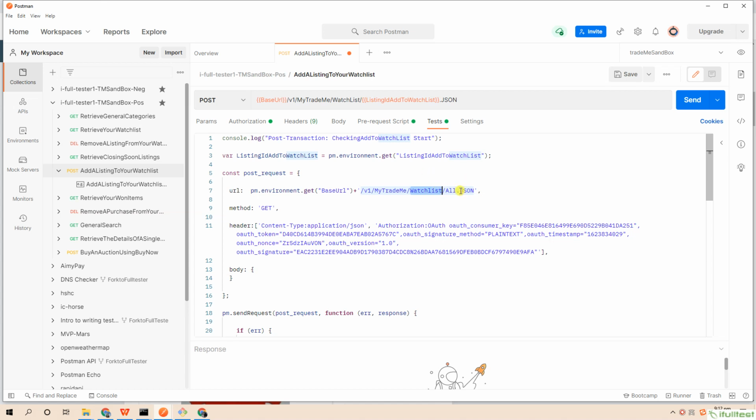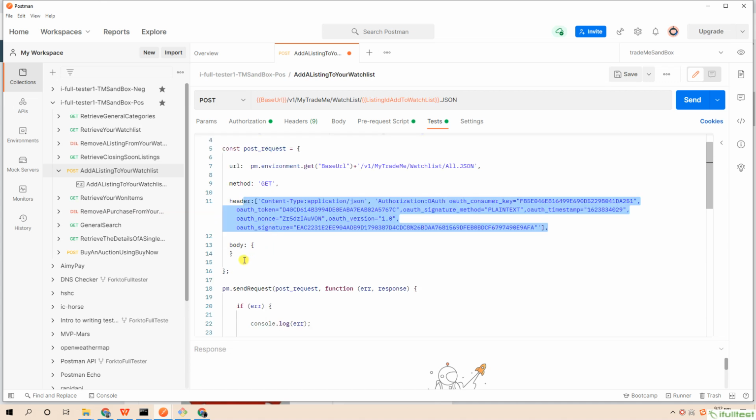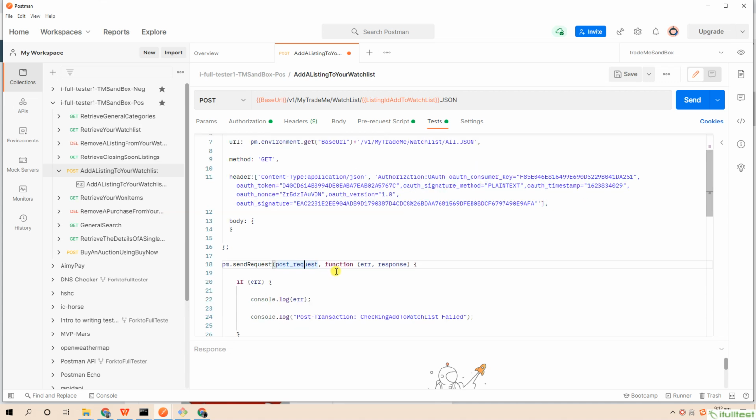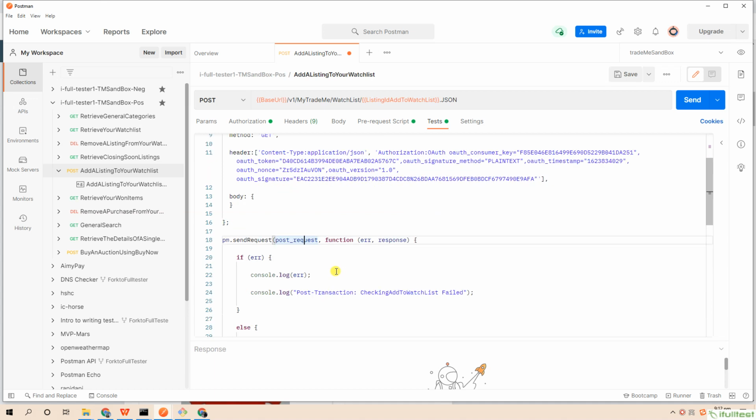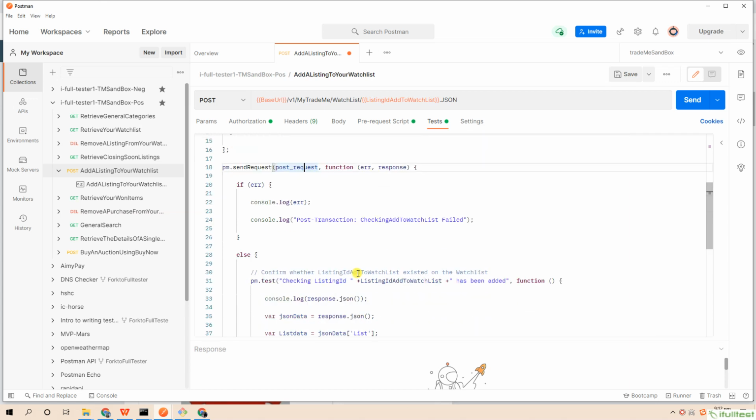Look at the code. First, assemble the request. Include authentication related information. And send the request. Second, traverse the response field listing ID.